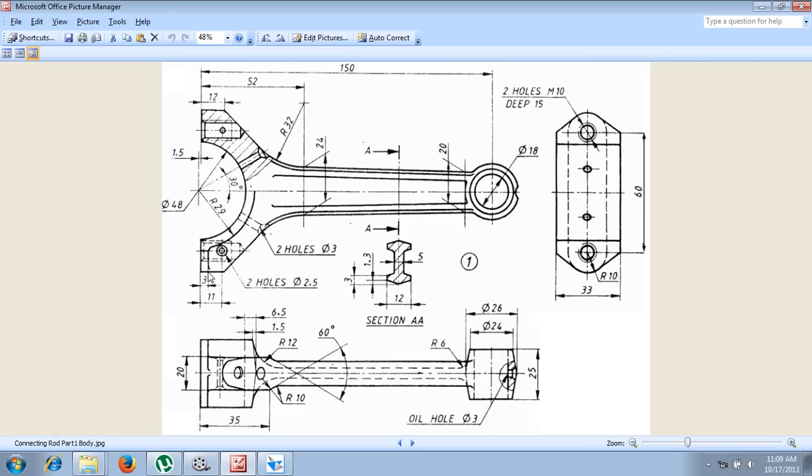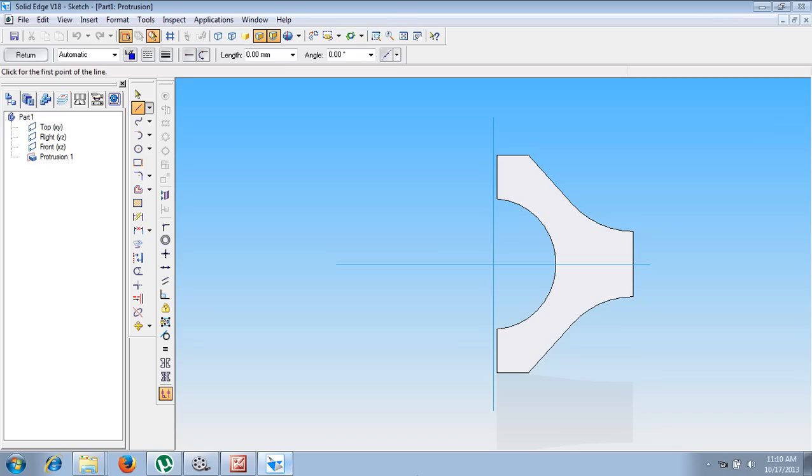Now we can see the distance from the vertical lines is 3 millimeter and this radius is 29 millimeter. Now what is the thickness of this one? 33 minus 20 will be the distance between this and this, that is 13 mm, which is to be distributed equally, so it will become 6.5 millimeter.